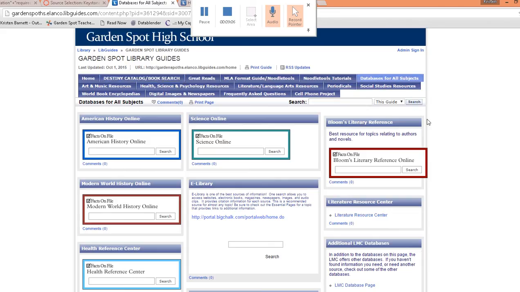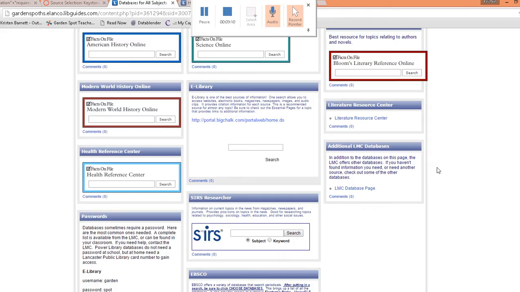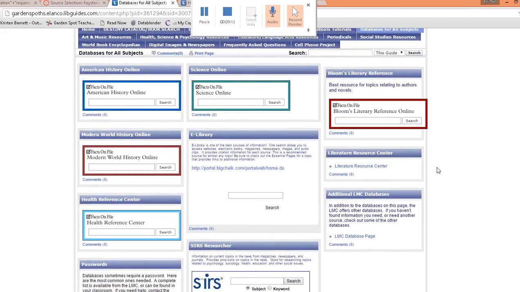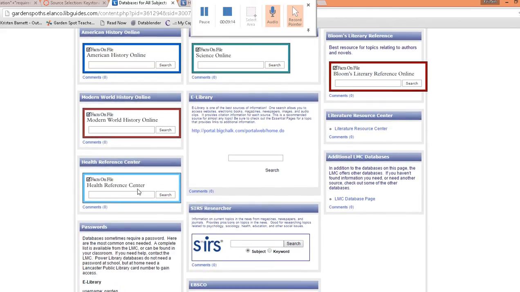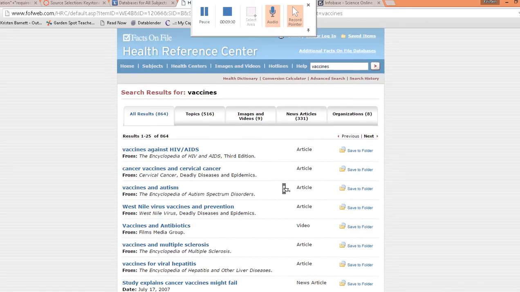You're all arguing very different topics, but if we're going to continue with the vaccine example, let's say we look up vaccines here. The cool thing about databases is that everything you find is credible because these are a reference center. That's what a database is, a basis for data, a collection of credible sources.